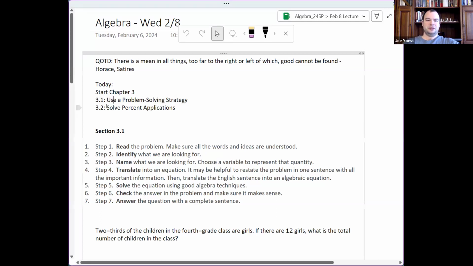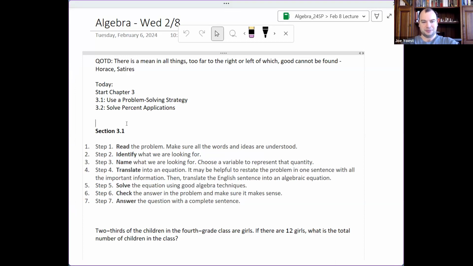So since folks tend to struggle with that, can we lay out a strategy? Can we lay out a set of steps that we can follow and maybe serve as kind of a guide for us to get through that problem? And then 3.2 on solving percent applications. We'll probably just get through talking about solving a couple of percent problems today, and then we might wrap up